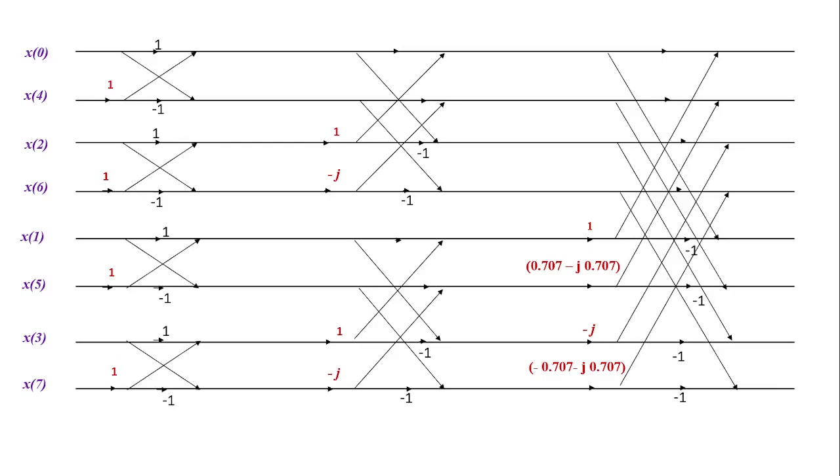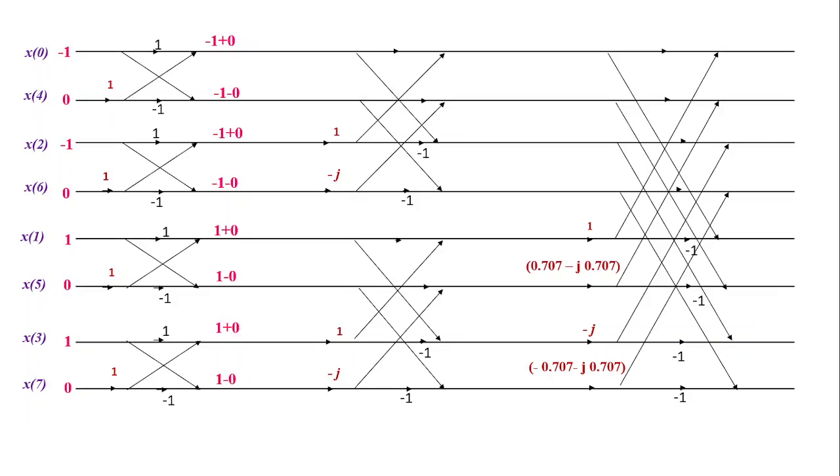So we have already rearranged our input in bit reverse order. Place the bit reverse order input. -1 into 1 and then 0 into 1. So -1 plus 0, and its pair value is -1 minus 0. Again -1, 1, 0 into 1: -1 plus 0, -1 minus 0. For the third one, 1 into 1, 0 into 1: 1 plus 0, 1 minus 0. The fourth one is also 1 plus 0, and its pair value is 1 minus 0.